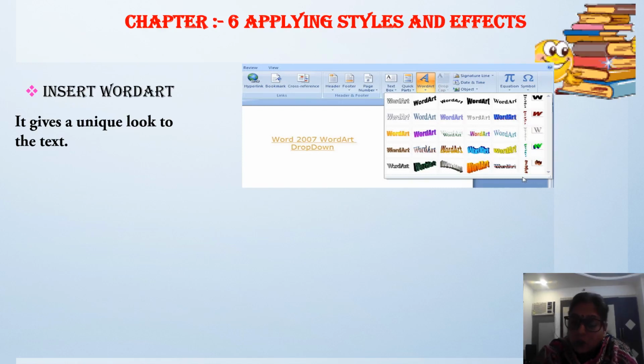Using word art, you can make the text curve, wavy, shadow, 3-dimension, etc. With this word art feature you create a special effect for your document, right?